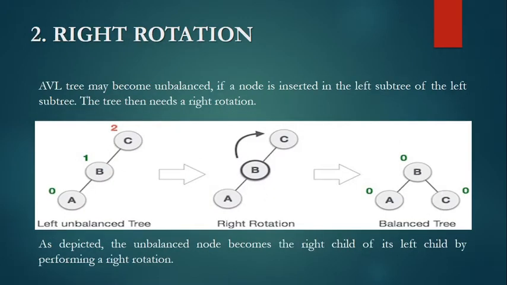And next is right rotation. Here we have everything accumulated at the left side, a left unbalanced tree. If you have everything accumulated at the left side and it is an unbalanced tree, you have to make a right rotation. So B goes to the top and C comes to the bottom. So B, A, C. B becomes the parent of A and C. So this is all single rotation. I am just making left and right rotations here.